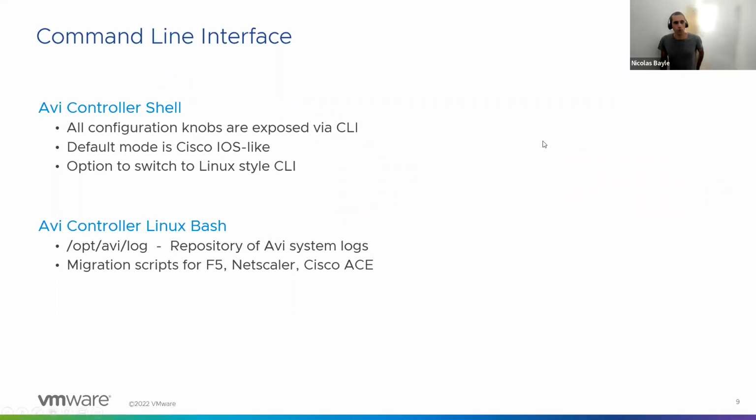All right, when we are talking about the CLI, I just want to do a small parenthesis about migration. Let's say you have some F5 that you want to migrate to AVI. How can you handle this? Well, actually, what we have done, and we have more or less the same for NSX-T as well, is also to